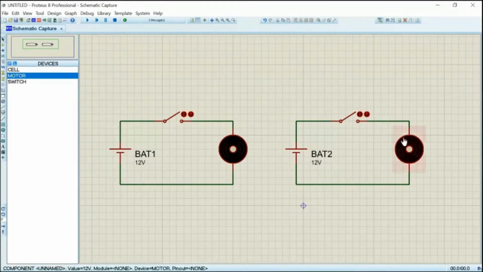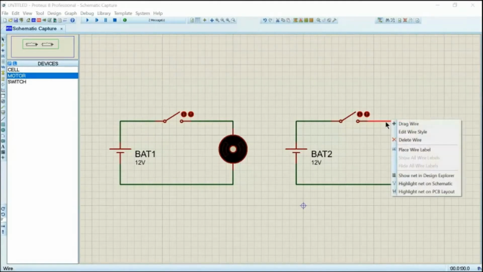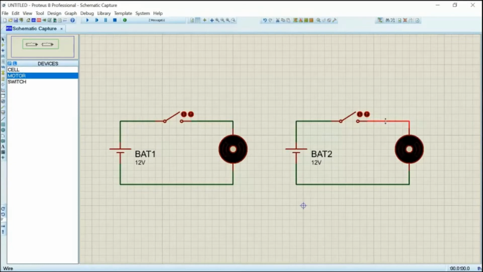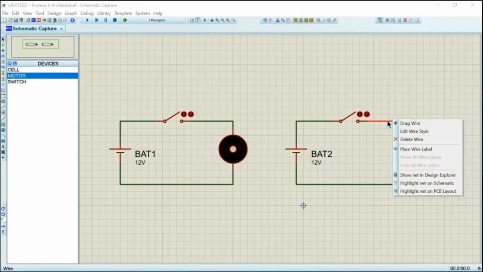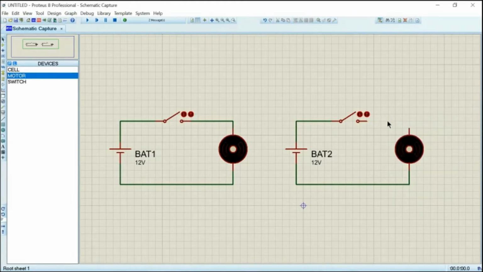But in this case, I want to do some changes in the wire. So I just right click this wire. Once you right click this wire, you can either choose this wire and press the delete icon. So if I choose this and press delete, I can delete this wire. Alternatively, if you right click this wire and right click once again, it will automatically delete it. So right clicking it twice will delete the wire. So that is an easy way of doing it.